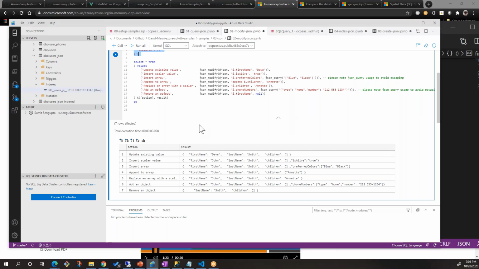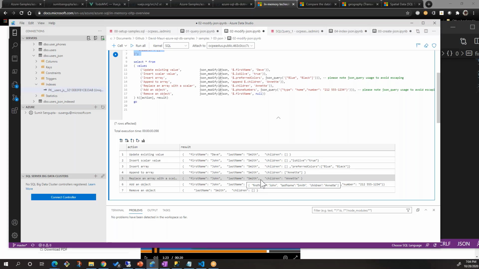When I change the name from John to Dave, it becomes Dave Smith, right? When I insert a scalar value, like he's alive, it's true. I can insert an array, so I can say preferred colors is two colors. I can append to the array, so he didn't have any child, now he has a child.